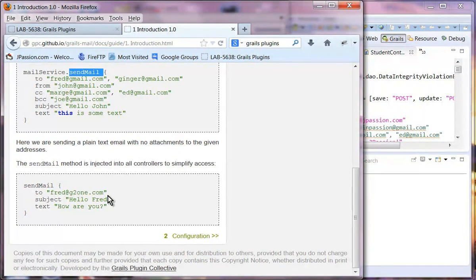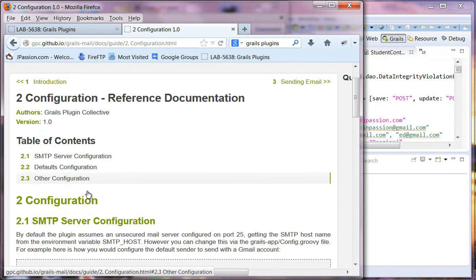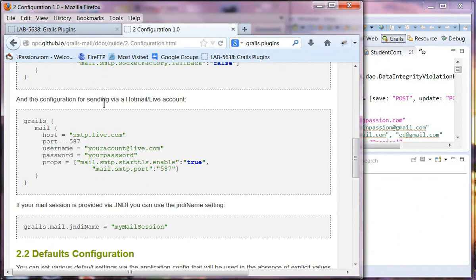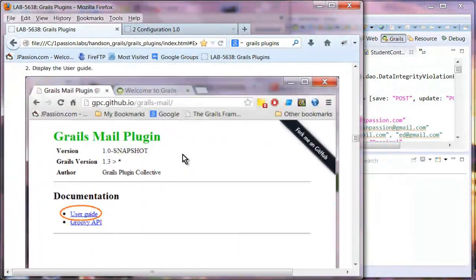And this is another example. In terms of configuration, you have to configure the SMTP server. So in your config.groovy file, you might want to configure the SMTP server for Gmail, port number, username and password, and some properties like this. So we take a look at the documentation,